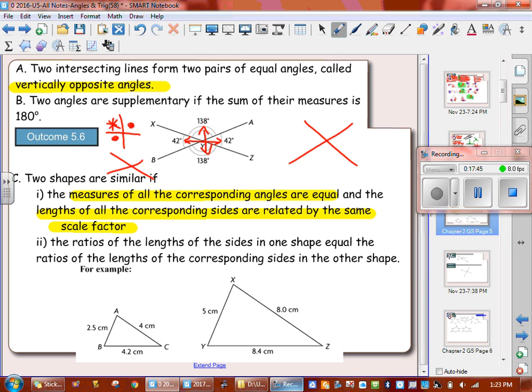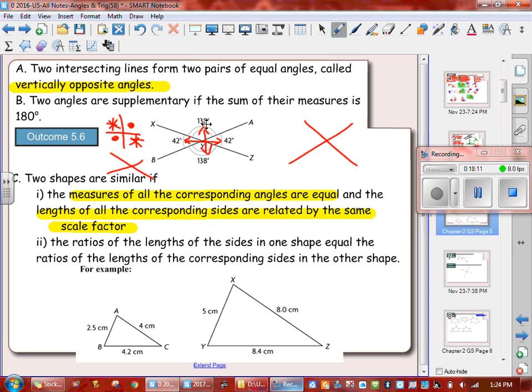So anything across will be identical, and that's going to be important information when we're identifying features of parallel lines with a transversal coming along. So now we're going to talk about what if objects are similar. If the measures of corresponding angles are equal, that means they were grown or shrunk by the same factor,